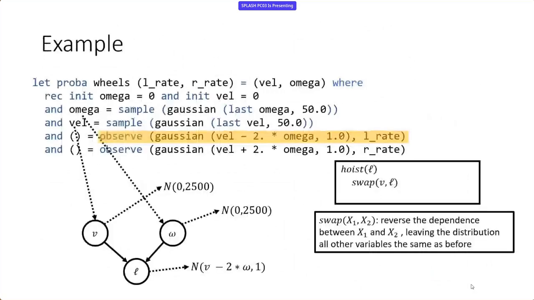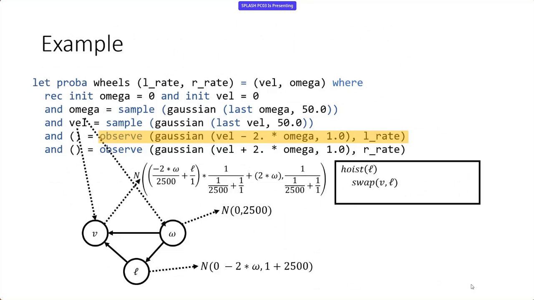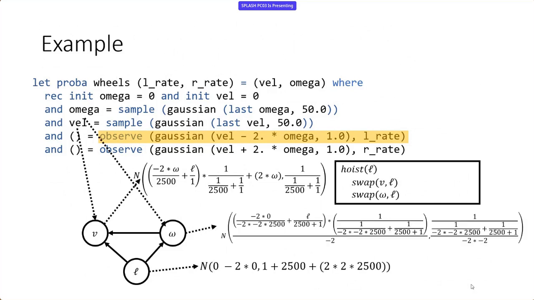So in our example, this situation is a little more complicated, but a similar type of reasoning applies. The semi-symbolic runtime is going to determine that the mean of L is an affine function of the variable v. And then using properties of Gaussian distributions and affine functions, and also the conjugate prior rule for Gaussians, it's going to determine that the swap is possible, and that after swapping, the updated symbolic state looks like this. Similarly, we're also going to swap L with omega to get rid of that parent, and after doing so, the symbolic state looks something like this.